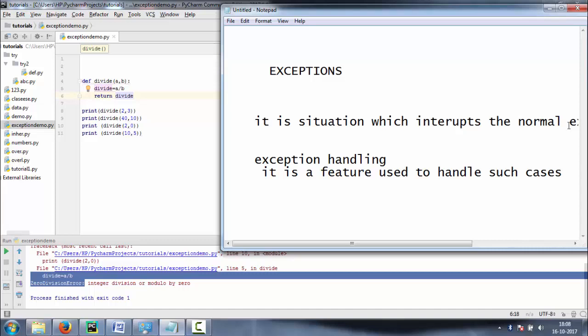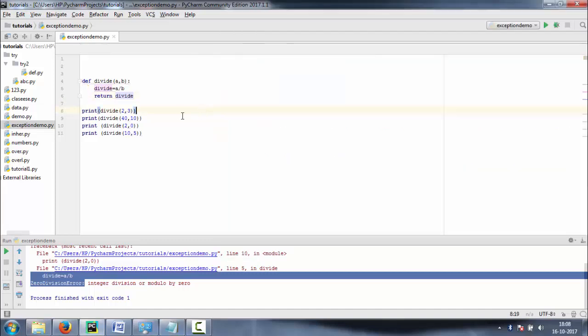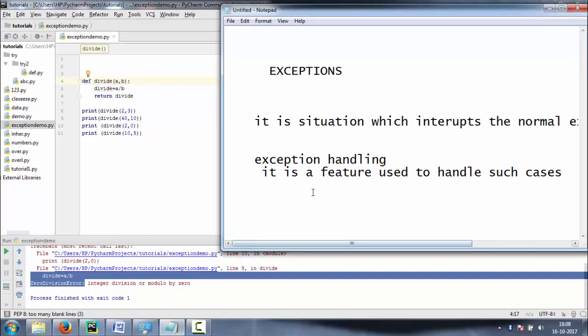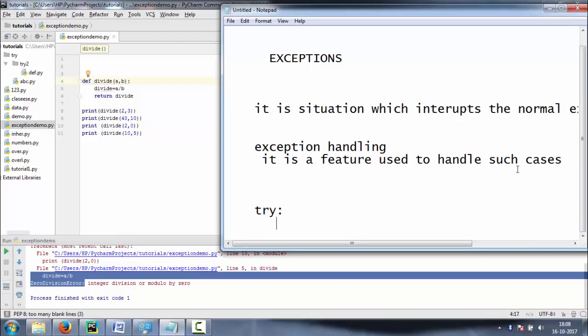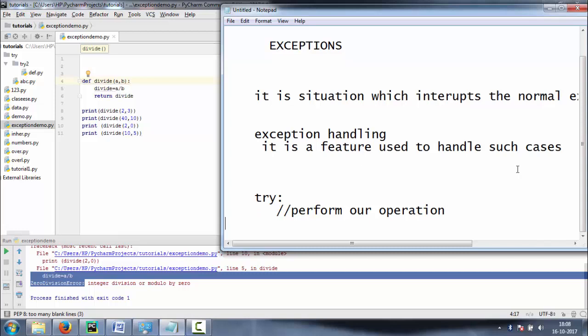Now let's take an example of exception handling. To handle the exception, we use the syntax try. We use this keyword try. Then in the try block, we will perform all our operations. And we use except.